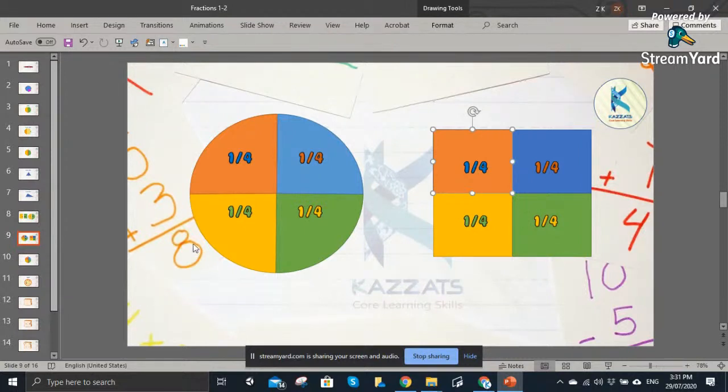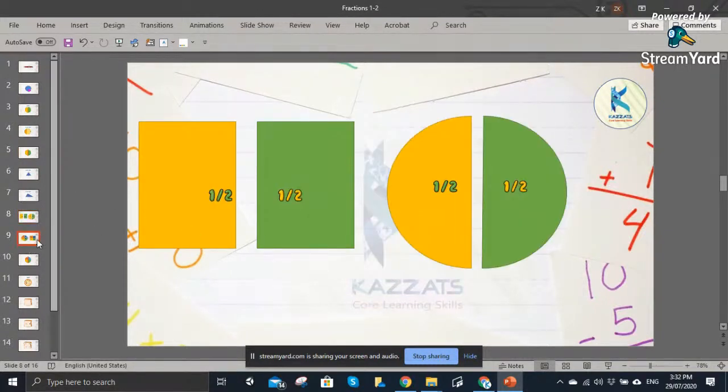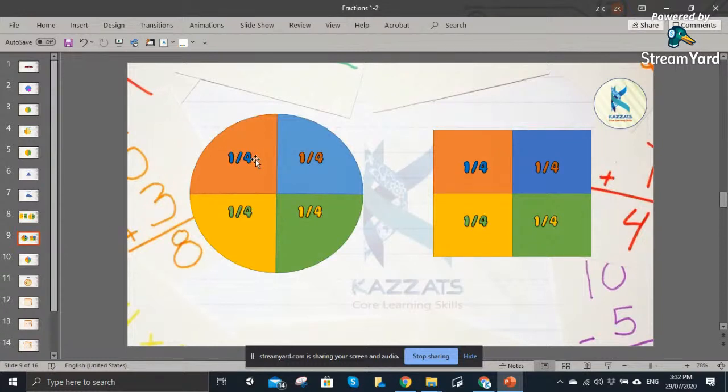Okay, as I've mentioned the term denominator and numerator, let's discuss that over here as well. Like this 1 that is written on top, this is called the numerator of the fraction. And this 4, this is called the denominator of the fraction. Like in case of 1 over 2, the number at the bottom, 2, is called the denominator and 1 is called the numerator. When we are talking about the second diagram, the fourths, 1 is the numerator and 4 is